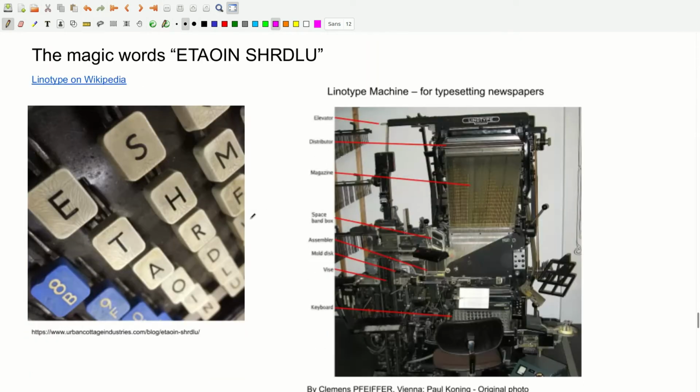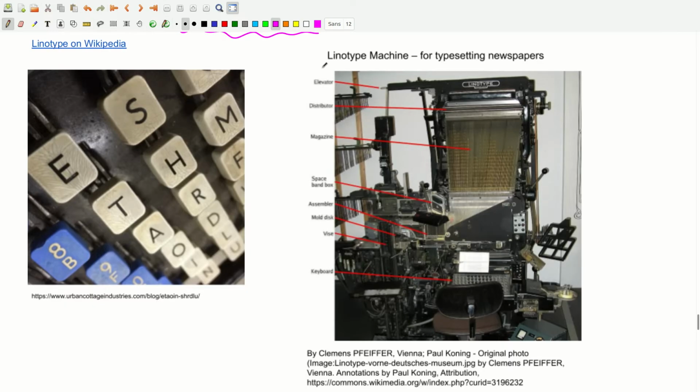This brings us to the magic words ETAOIN SHRDLU. Okay? So in the old days of newspapers, when we used to print using a printing press and put letters together, you might have wondered, well, how did newspapers get all of those little metal letters into the right place at the right time? Well, they used this gigantic machine called a linotype, and in the linotype there's this magazine, and the magazine is full of